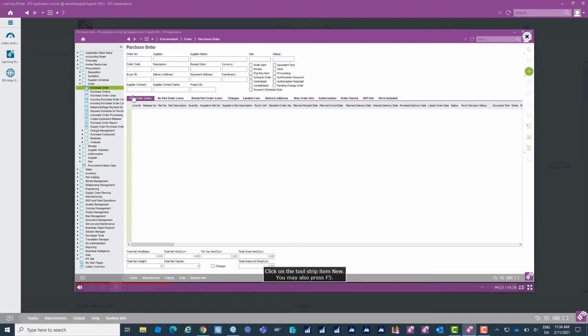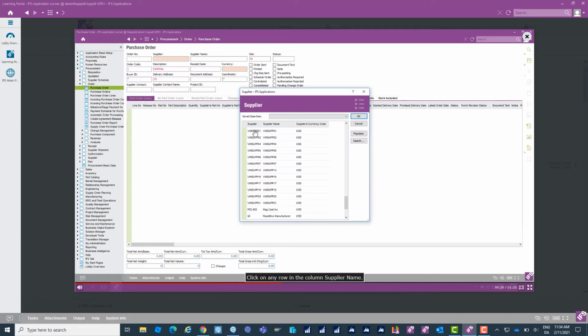Click on the tool strip item New. You may also click on the tool strip item List of values. You may also press F8. Click on any row in the column Supplier Name. Click on